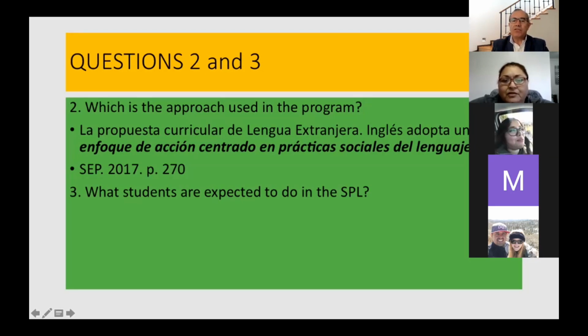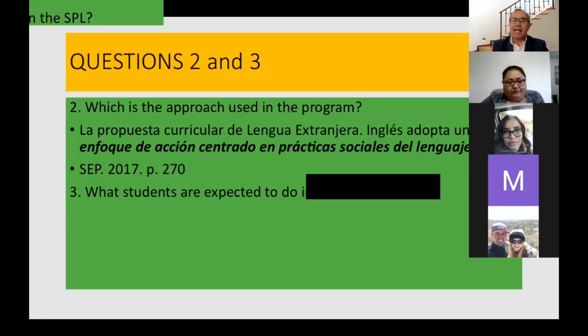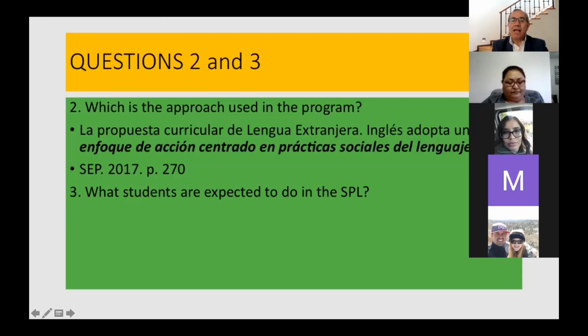To put language in a social context. Very good, Jose Miguel. Yes, to use in a context. That's exactly what happens. And of course, one of the disadvantages, at least in some parts of the country, I'm not sure, it depends on the area you live in. Sonora is super big, and I am sure that there are teachers that live across the border or in the south that is not that close to the border. Let's see what more research did.